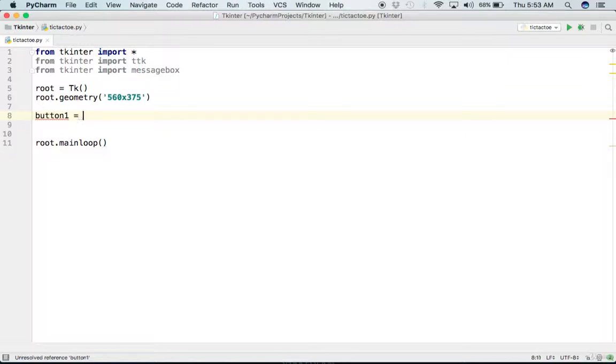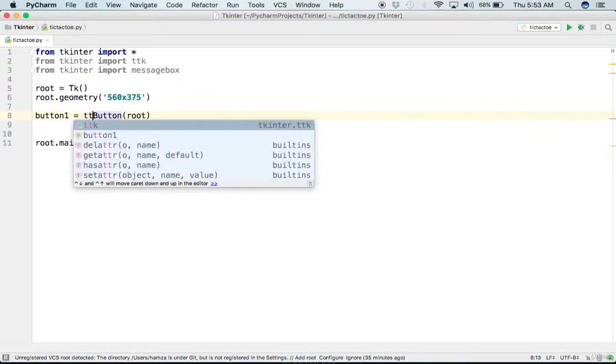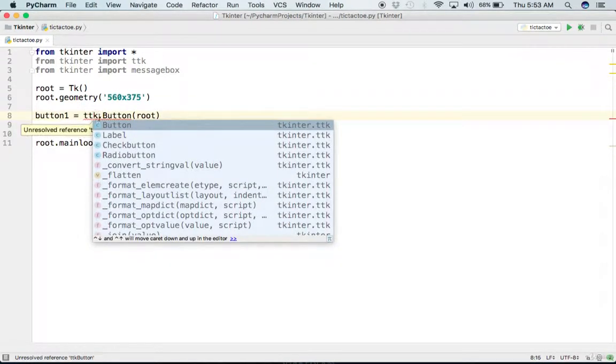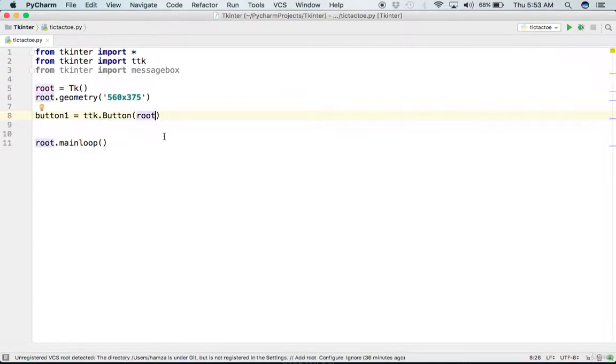game. So button 1 is equal to a button widget, and where it needs to go, in root, and I will call it on TTK. So it's a TTK button going in root, and the text of this button will be initially set to nothing because when the game starts we want all the buttons to be showing nothing. So further we have to give the command of this button, that when this button is clicked, what we need to perform. So that can be given using command statements,